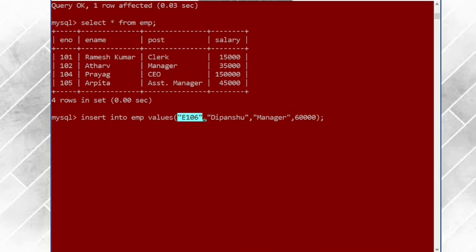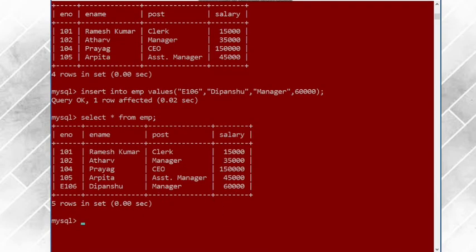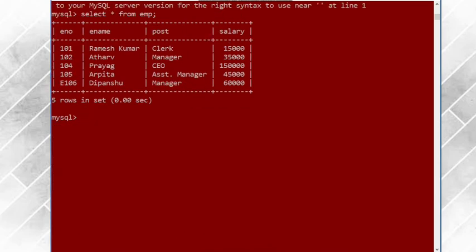Now you need to remember this, that character and number can be stored in a particular field if the data type of the field is variable character, but if the data type of the field is integer, you cannot store the character there. So let us now see whether the value is inserted or not. You can see the employee code E106 is inserted for Dipanshu. So this is how you can make the changes, students, and add the records here.